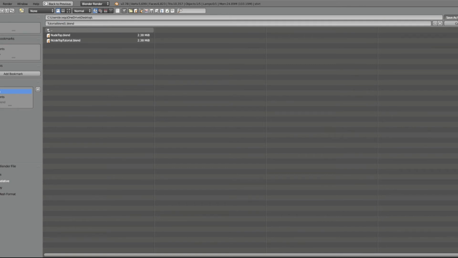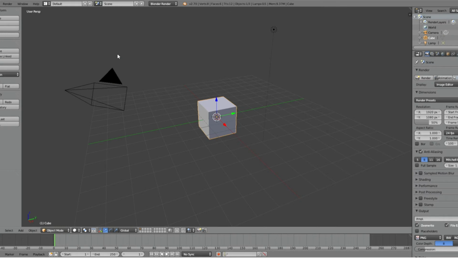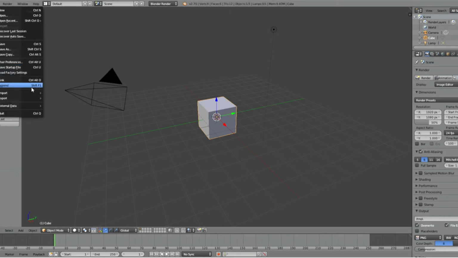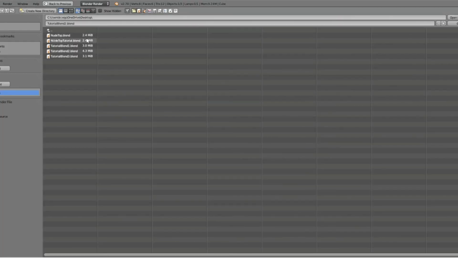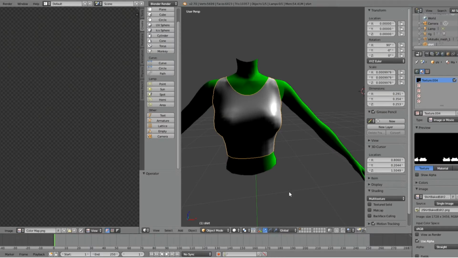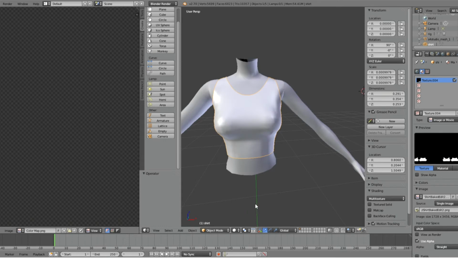Save as. Now I'm in Blender 2.70. I'm going to open tutorial blend 1. And in this one, we're going to